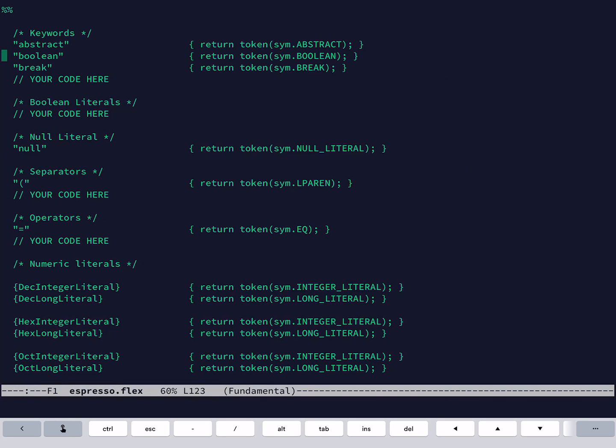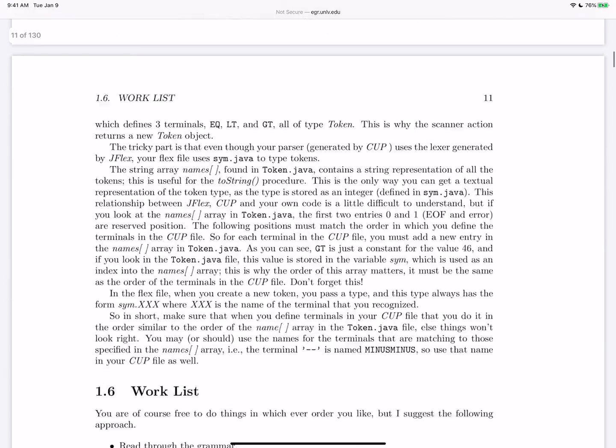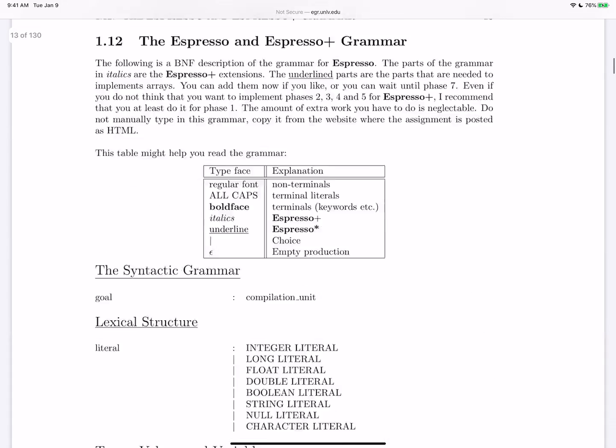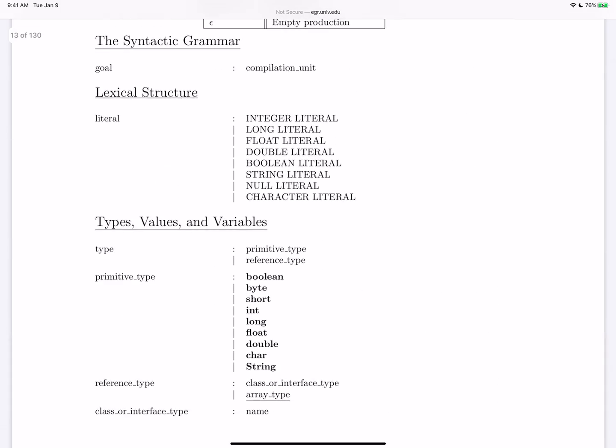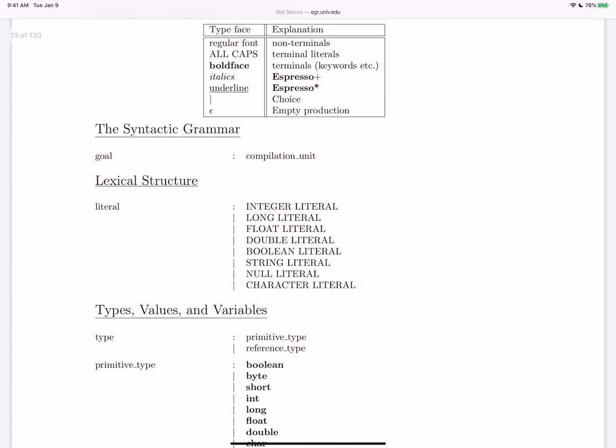Okay. Now, in order to do that, we have to find all the tokens. And we could take the grammar. Let me see if I can find the grammar real quick. It is actually at the very end of this thing here. And if you look at the grammar, I've got all the terminals in boldface.